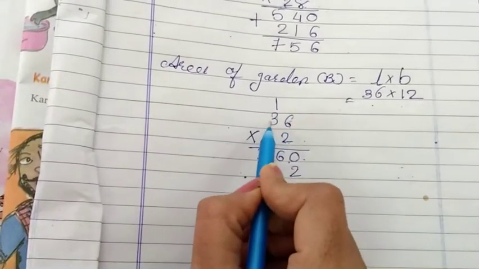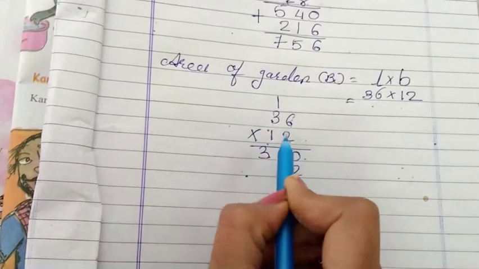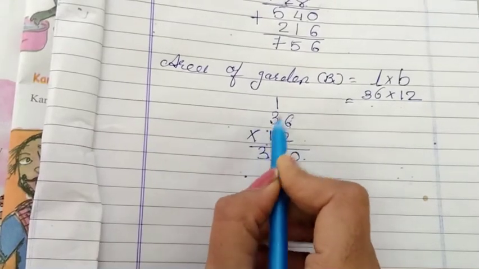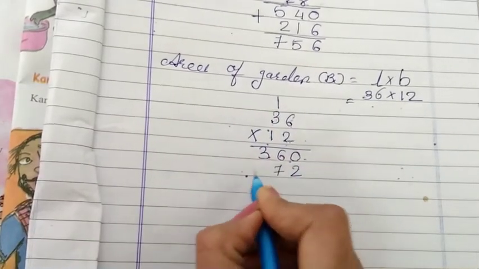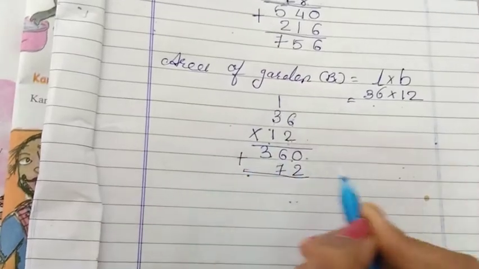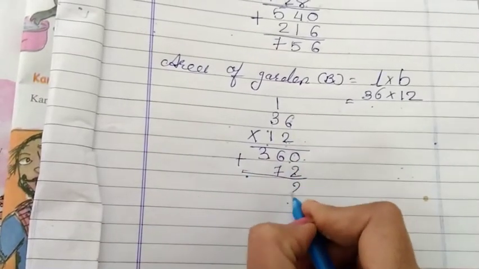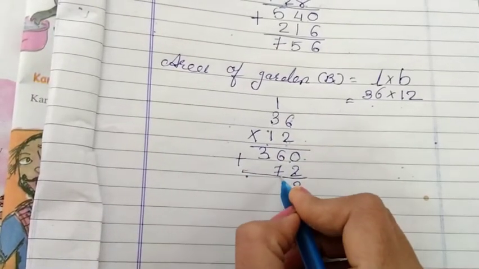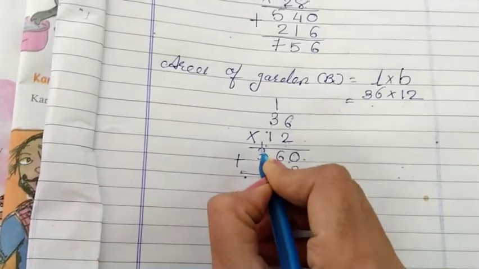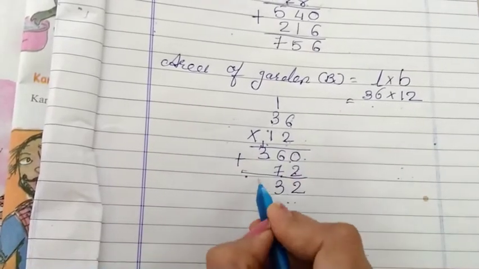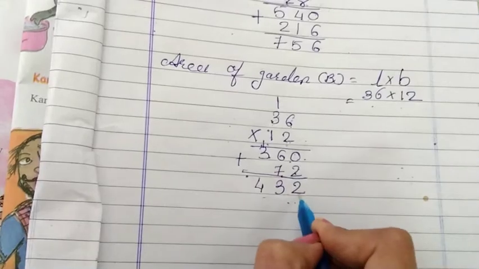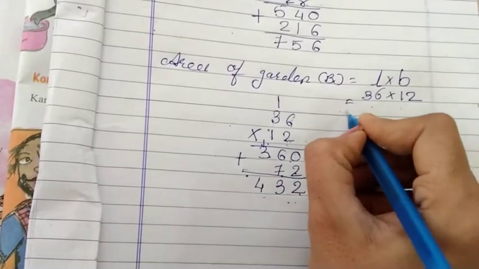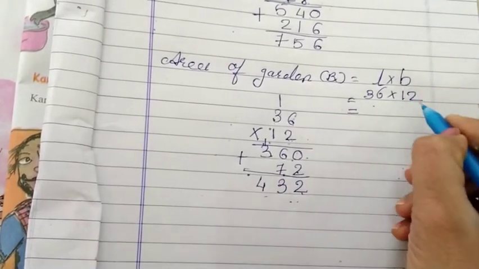Now after 6, 3's turn. 2 threes are 6 plus 1, 7. Then we'll add both answers. 0 plus 2, 2, 6 plus 7, 13, 1 is carried forward and 3 plus 1, 4, 432. So the area of garden B is